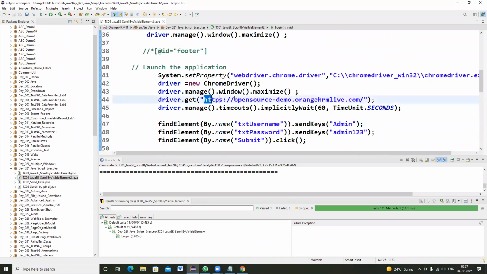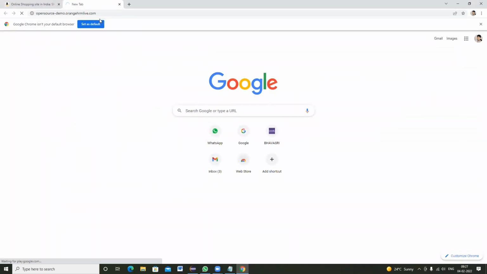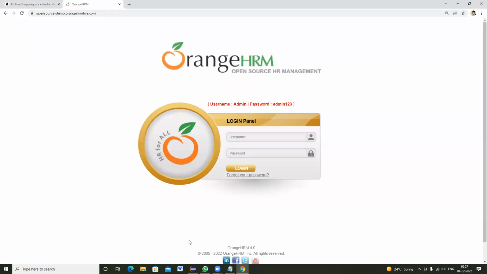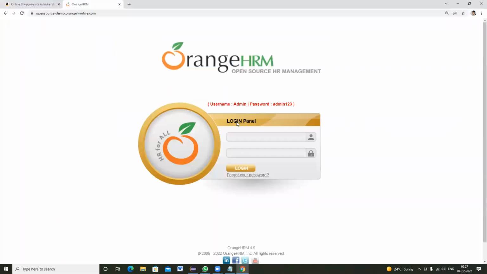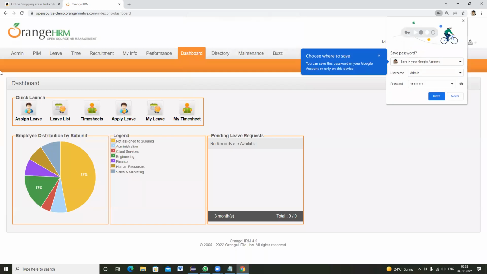Now here we have used Orange HRM. I am going ahead and logging in, to the PIM module.